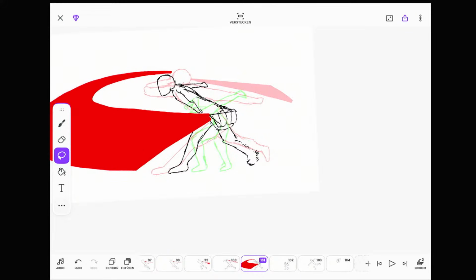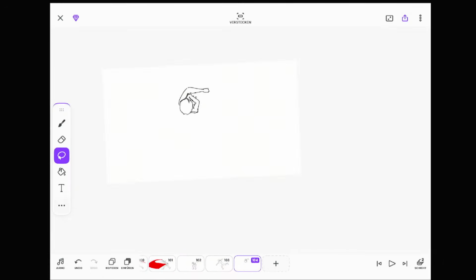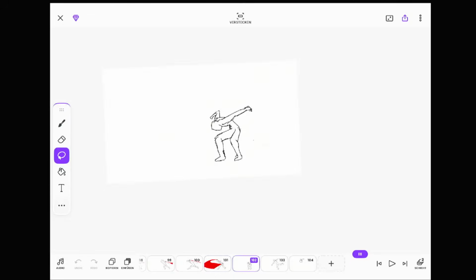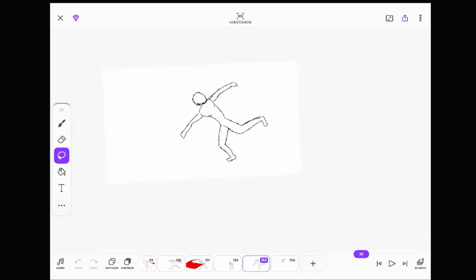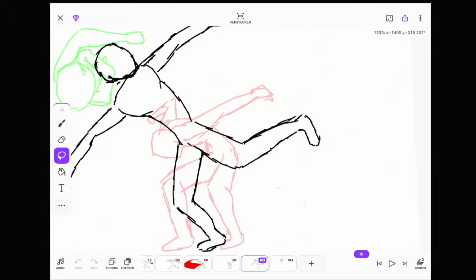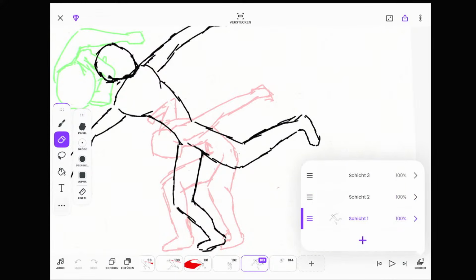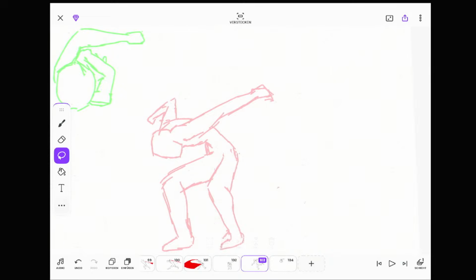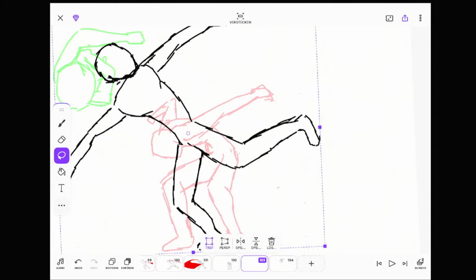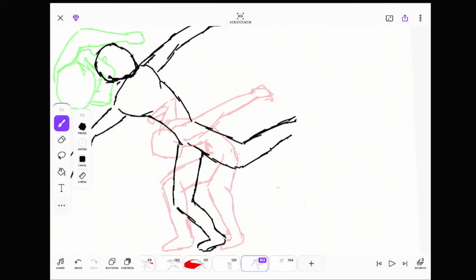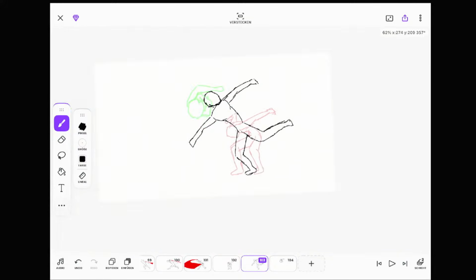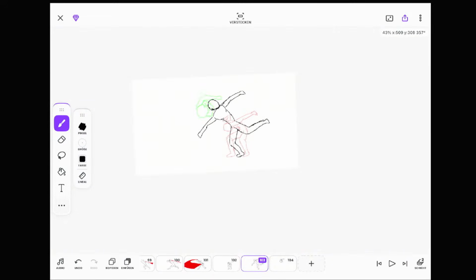I also think I just need to try to add a little bit more anticipation, then later on I can change it. Wrong layer. Animate here.